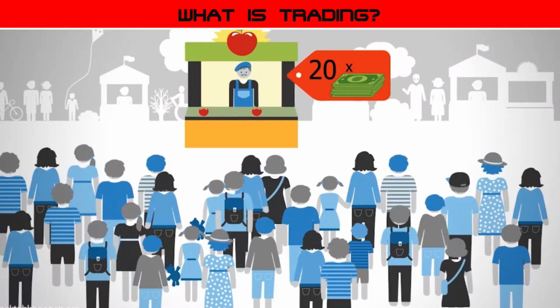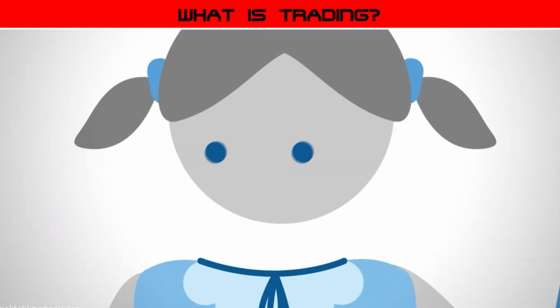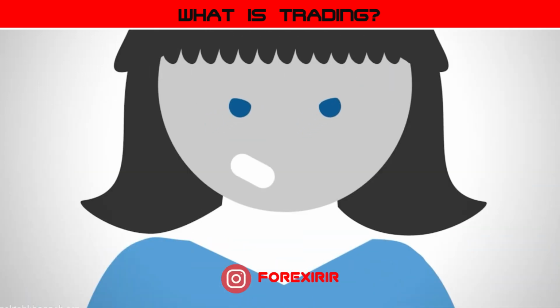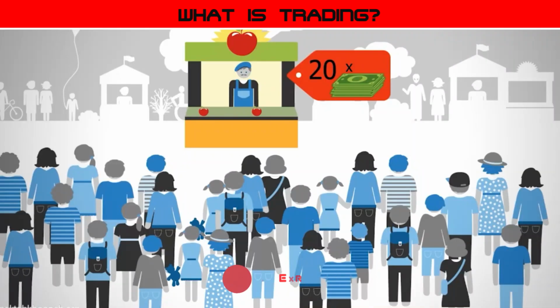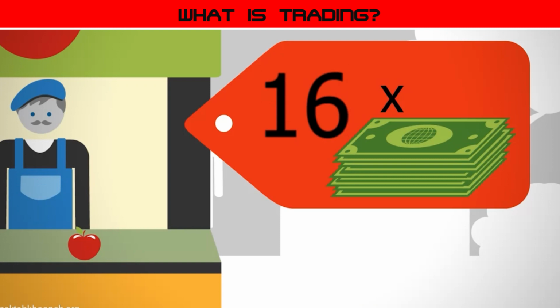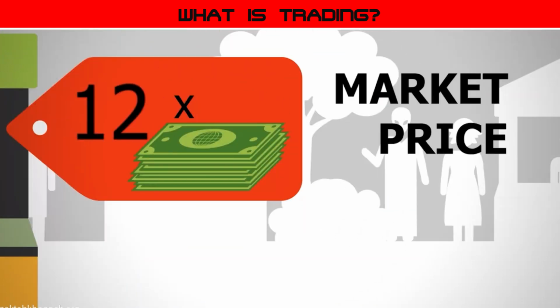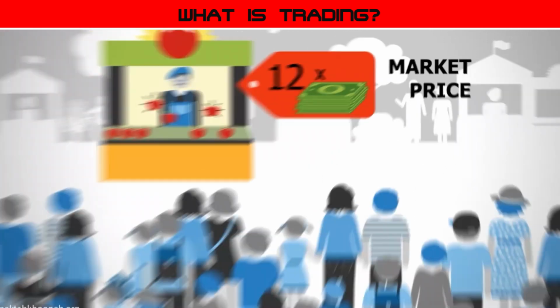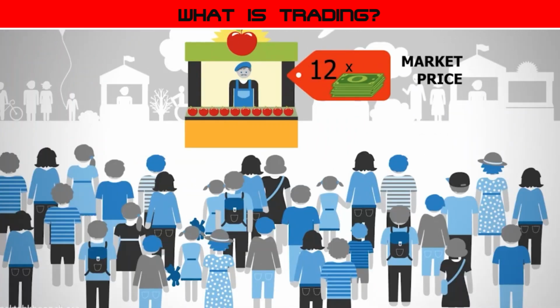Now, when the price of those apples reaches a level where the customers think they're too expensive, then the price will stop rising and will come back down again to an acceptable level. At this point, it could be said that the apples have reached market price, the level at which the market stall owner and the customers agree on what is an acceptable price for them both. But things don't stay like this forever.